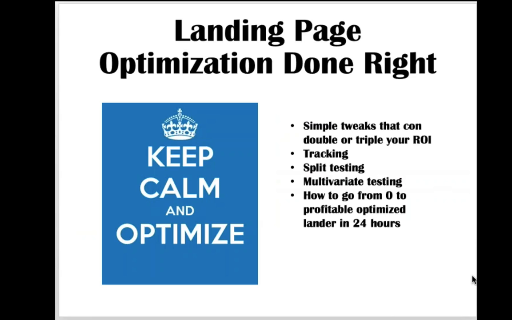Okay. We're going to talk about some simple tweaks that can double or triple your ROI. We're going to talk about tracking. We're going to talk about split testing. We're going to talk about multivariate testing. Multivariate testing is what I was talking about before, with an example of it being Landing Page Genius,